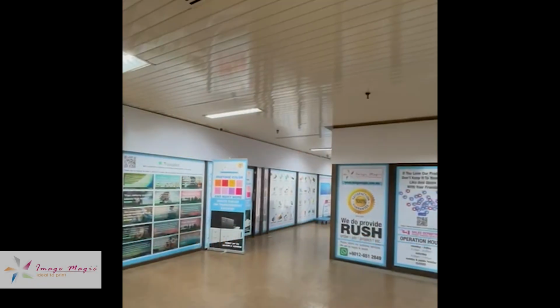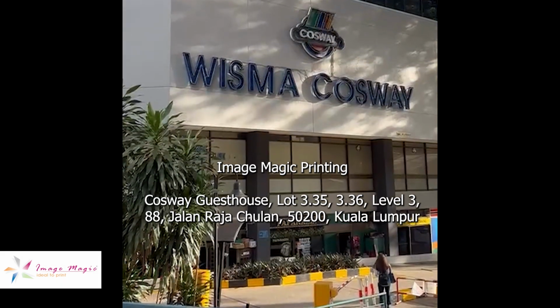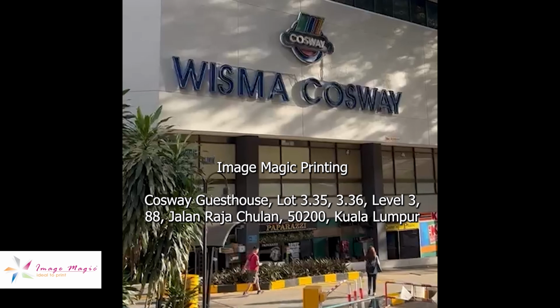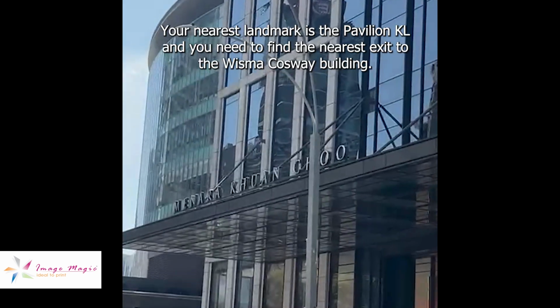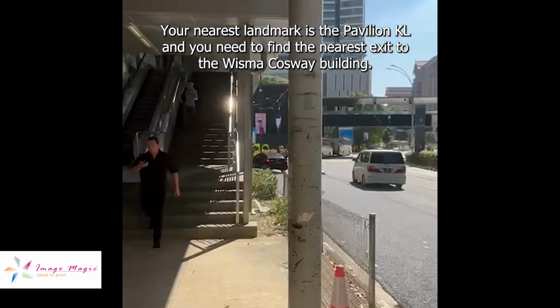Hi everyone, let me show you how to get to Image Magic Printing. Image Magic Printing is located inside the Wisma Causeway building in Jalan Raja Chulan, Kuala Lumpur. Your nearest landmark is the Pavilion KL, and you will need to find the nearest exit to the Wisma Causeway